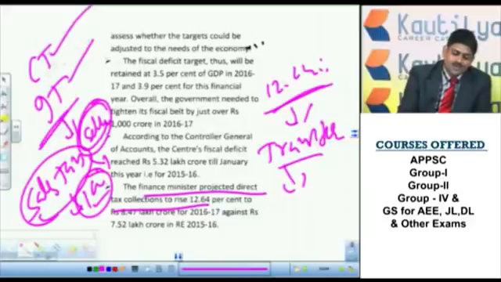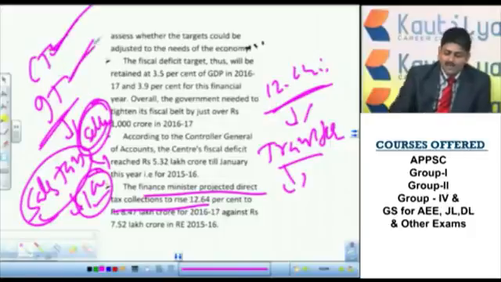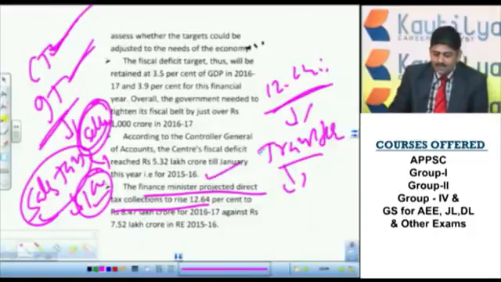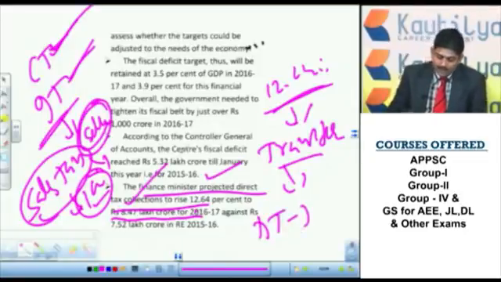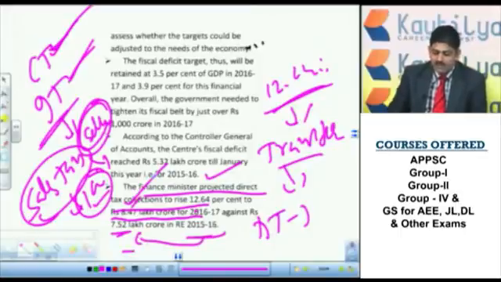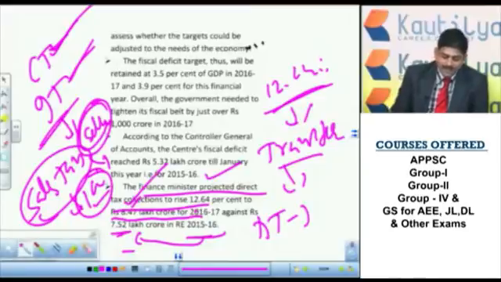So direct taxes are those levied on a particular body or person and paid by that same body or person. This time the finance minister projected that direct tax collections will increase by 2.64% to 8.47 lakh crore. This time the direct tax collection amount will be 8.47 lakh crore. What was it earlier? It was 7.52 lakh crore, projected in 2015-16. The new projection is this one. That means the finance minister assumed there will be an increase in direct tax collection this time.